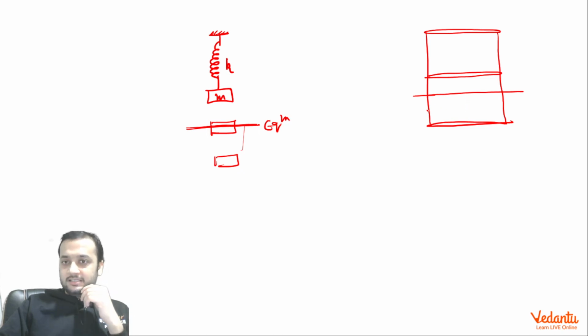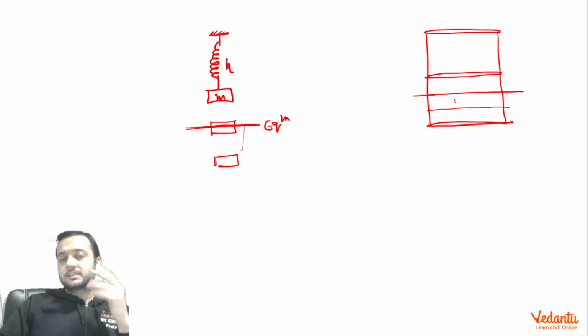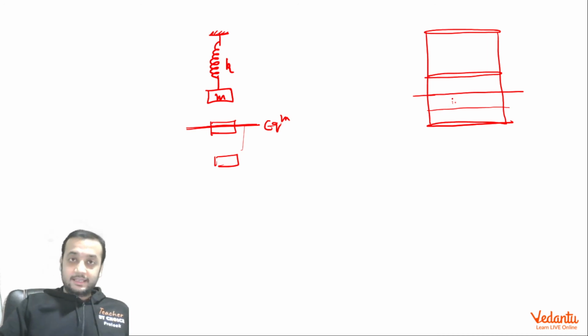So the piston will, let us say, stop over here. Here the net pressure force is overpowering mg, so it will go up. Again it will acquire some velocity till here, and again it will come and stop here. So it should repeat the same type of motion. Hence the piston should always oscillate and it should never acquire equilibrium. That means it should never come to a full stop at equilibrium. This notion might have confused some of the students. So now let us see what is exactly going to happen.